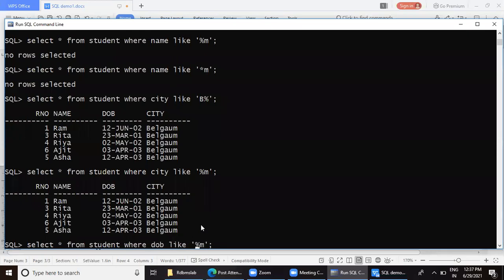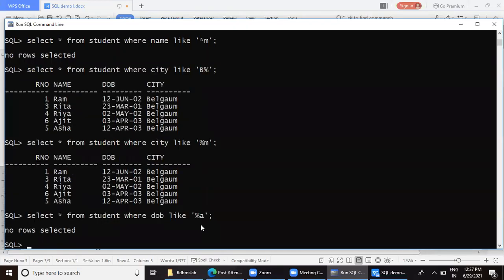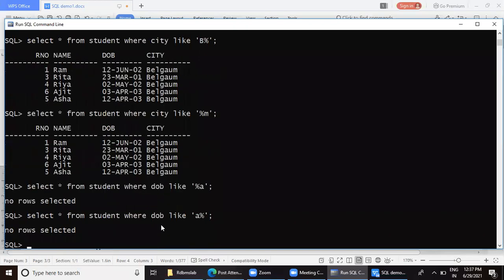If I give DOB like percentage A, it will say no row selected. Where does APR lie actually?